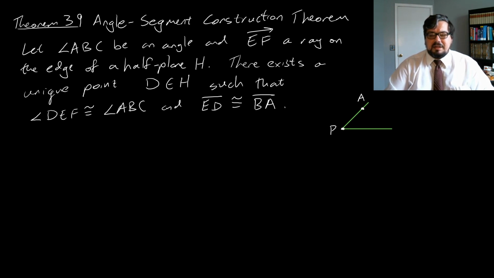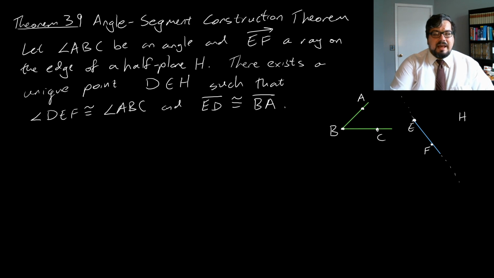We've got the points A, B, C. We've got an angle like this. And then we've got some ray EF and some half plane H specified. We'll make it the right-hand side again. And this is saying that there's a unique point D out here that makes